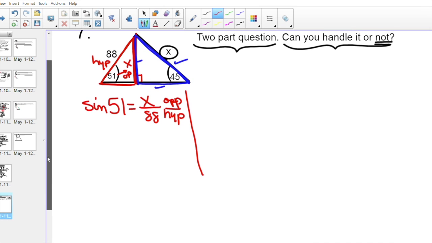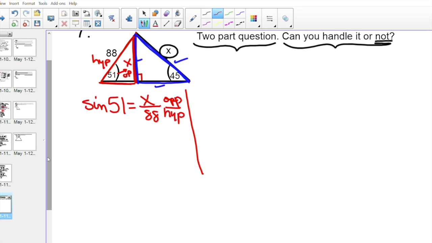Now we're not looking for an angle this time, so forget about that second key. Don't even think about that second key. We're not looking for an angle here. We're looking for the length of a side. Cross multiply. So x equals, now I like for people to always put the measure of the side, then multiply it times the sine of 51. I have found that helps a lot of times. Now we're going to round this off